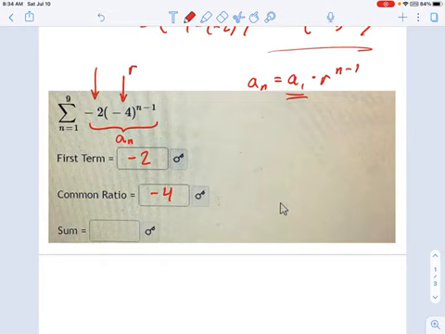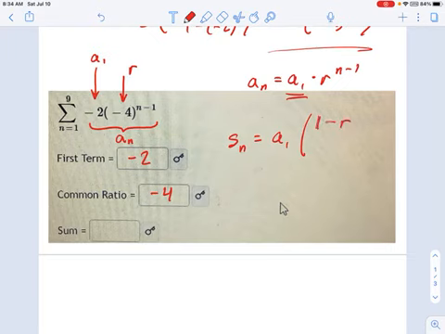If you don't see a number there, if all you have is R to a power, then the coefficient before it is 1. Remember, when you're multiplying by 1, that usually just gets left off. They don't write it. Now it's time to figure out what the sum is. And remember our formula, Sn equals A1 times 1 minus R